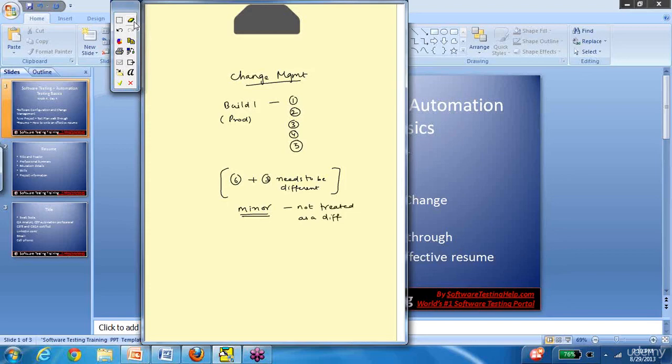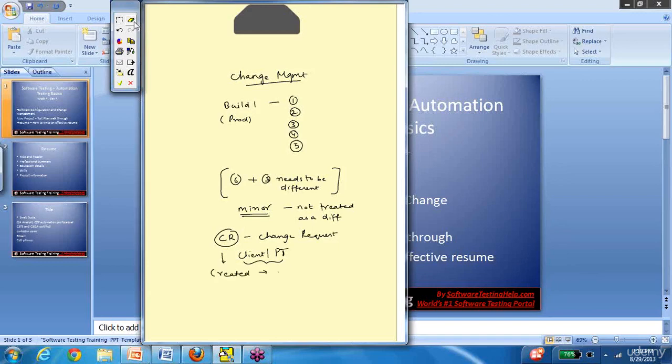So in this case, what happens is there is a CR process that comes through. CR is nothing but a change request. So who raises this change request? Either the client or the project team. In fact, it is a combination of both of these people who will request a change, and then this change request is created.